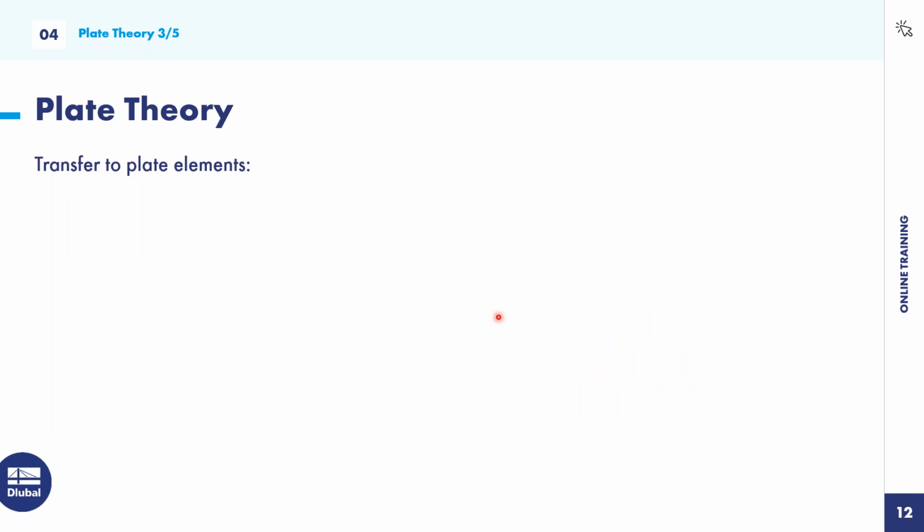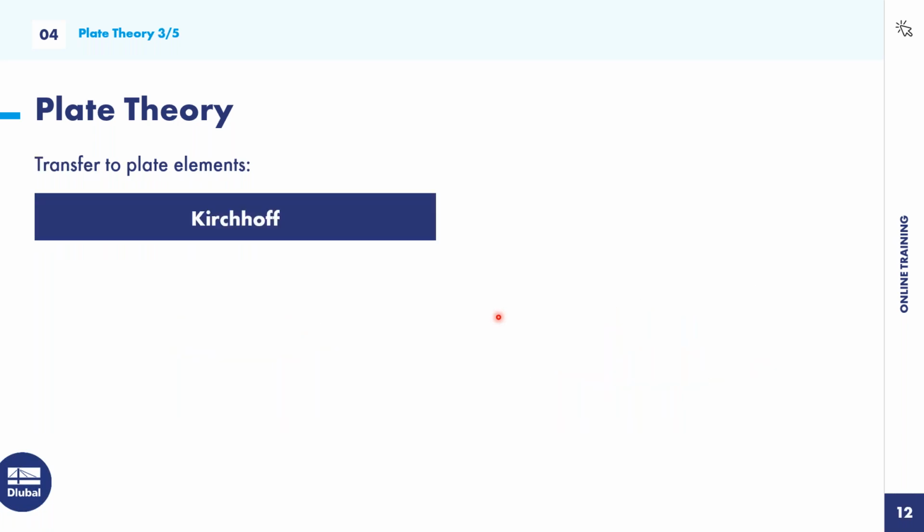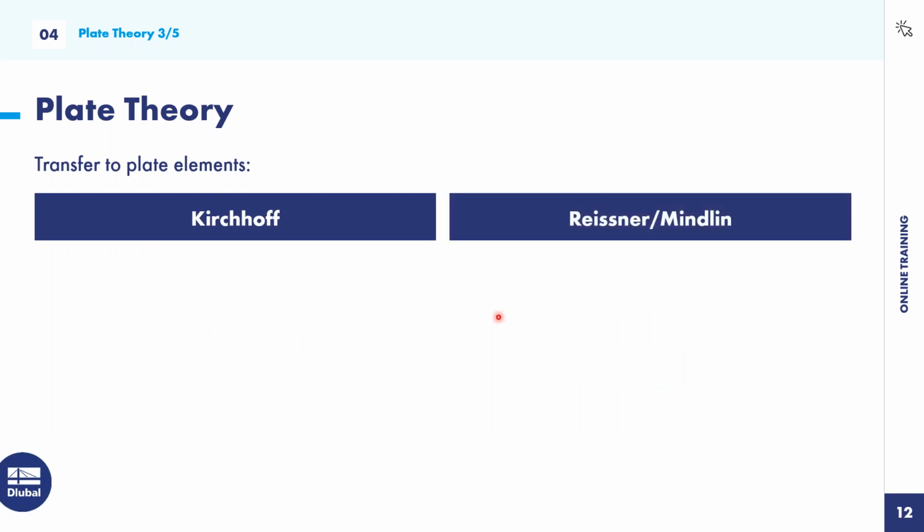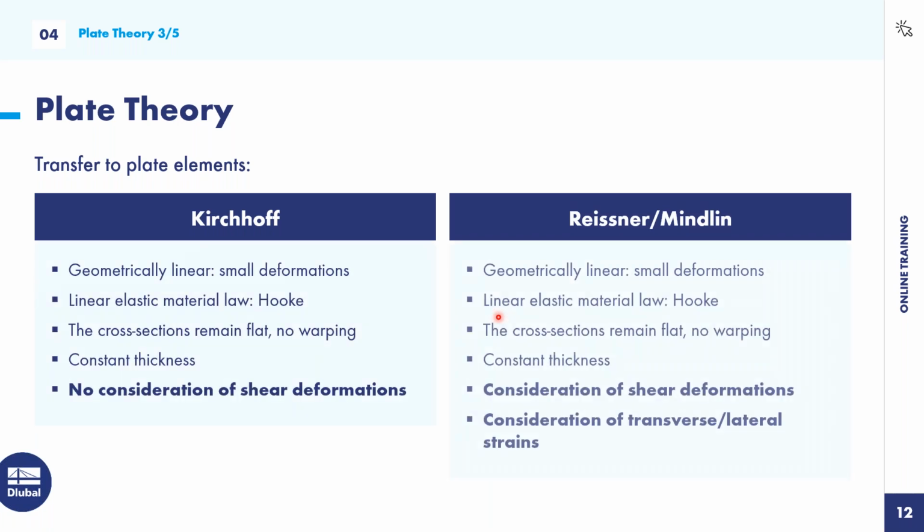Okay, now let's transfer to the plate elements. So the similar part of the Bernoulli beam is the Kirchhoff theory, and the same for Timoshenko, the Reisner-Mindlin theory. So also here some assumptions. So we have here a geometrical linear solution. So we take only small deformation, the same also for the Reisner-Mindlin, also Hooke's law, cross-section remains flat, no warping, constant thickness. But Kirchhoff, no consideration of shear deformations, and the Reisner-Mindlin, there we consider shear deformation, and also transverse or lateral